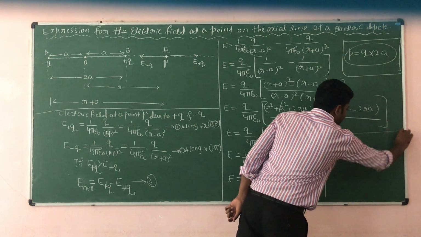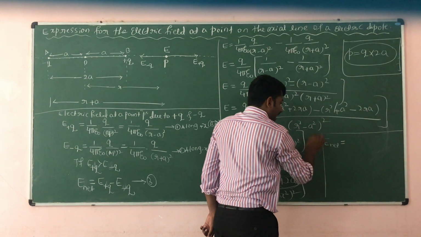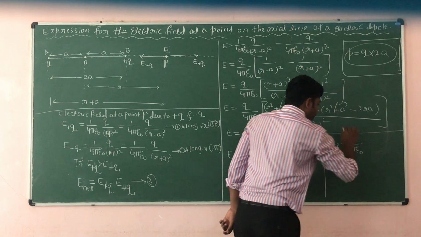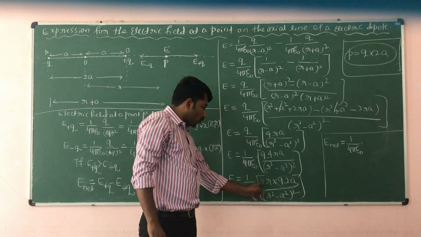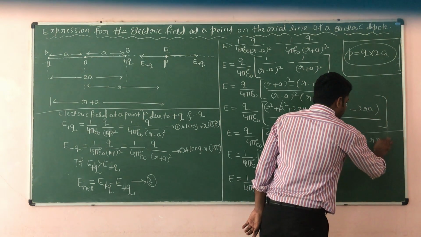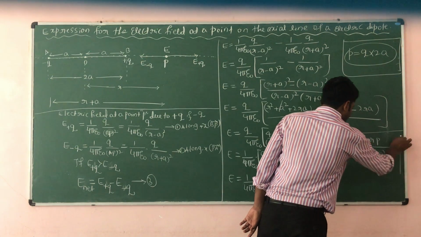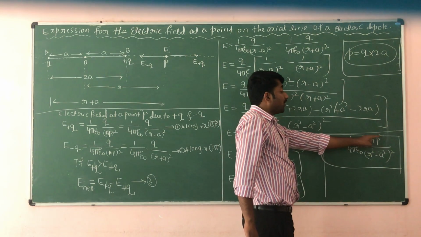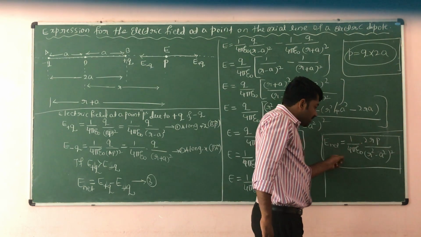Therefore the resultant electric field at a point P, or the net electric field at a point P on the axis of the electric dipole, is E equal to 1 by 4 pi epsilon naught. ನೋಡಿ 2R into Q2A, P ಅಂತ ಬರೀತೀವಿ, ಹಾಗಾದ್ರೆ ಈಕ್ವೇಷನ್ ಏನಾಗುತ್ತೆ: 2R into P divided by R square minus A square whole square. E is equal to 1 by 4 pi epsilon naught 2R into P divided by R square minus A square whole square, which is the expression